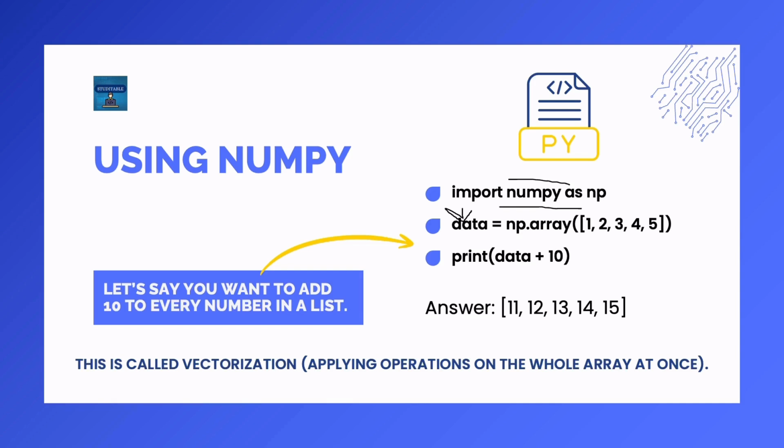1, 2, 3, 4, 5. This also takes that as an array. But here we have to specify that we are using an array. So, np.array, and we have taken the same values. Now, simply data plus 10. We do not have to run a for loop. We do not have to take every value there and add plus 10, plus 10, plus 10, and then print the result. Here, the variable is taken and 10 is added to that directly